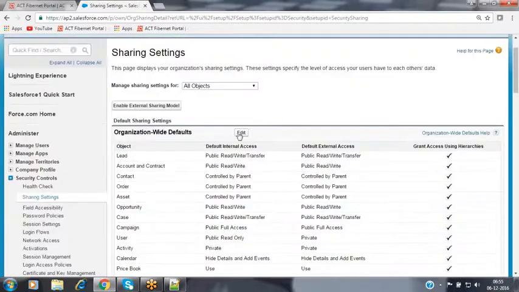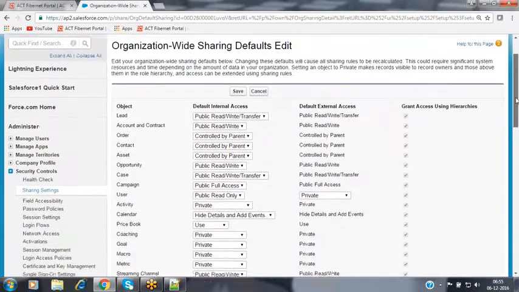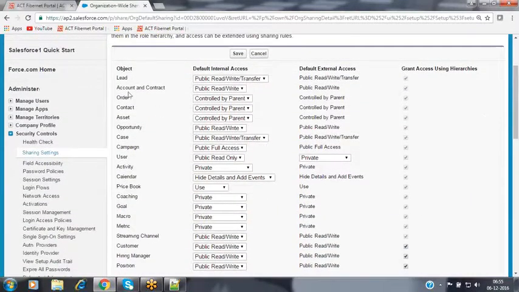Now when you click on the edit button, observe what happens. What options are available for every object? When you go to account, we have private, public read only, and public read write.